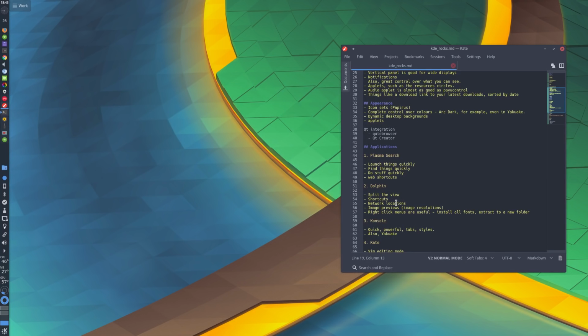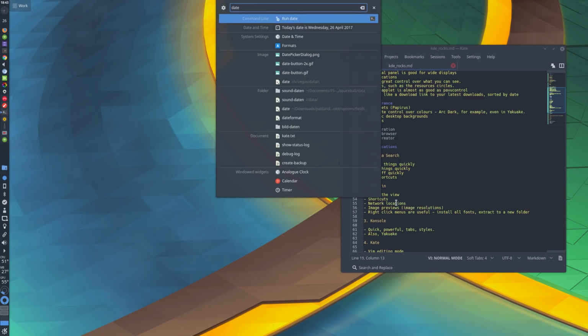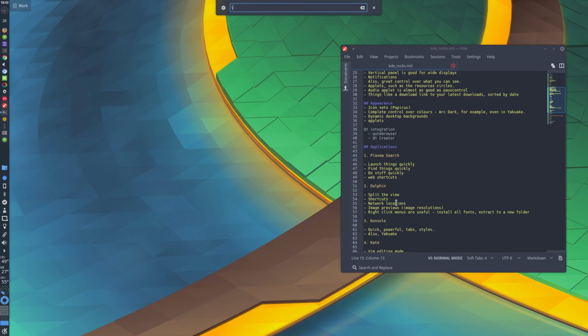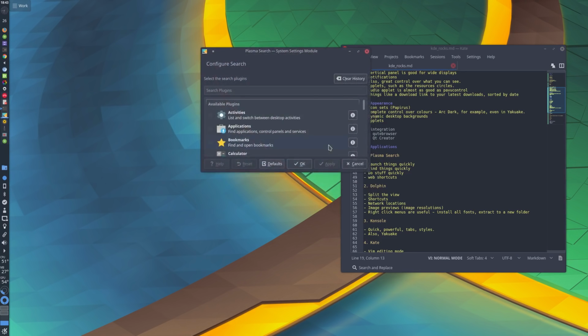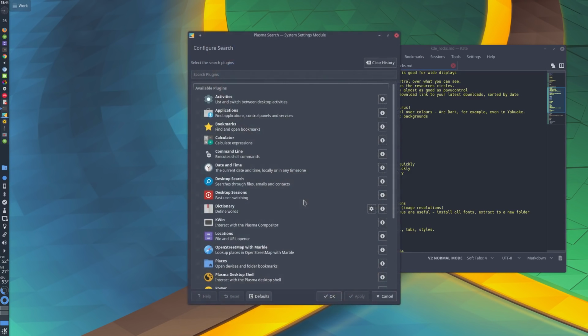So getting back to the applications, something you might have seen me use quite a bit is this Plasma search bar at the top. You can do lots of cool stuff in here, like simple sums and complicated sums, and even things like today's date. You can instantiate chats with people in your messenger list. It's got a plugin system that allows you to do all kinds of things. It's a bit like GNOME Do. GNOME Do was the first time I saw this done. Was it Quicksilver on the Mac? Those seem to have died out a little bit, but I use this for launching and accessing everything in the FOSS system. It's brilliant at searching